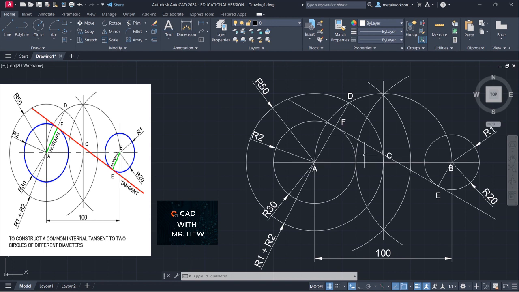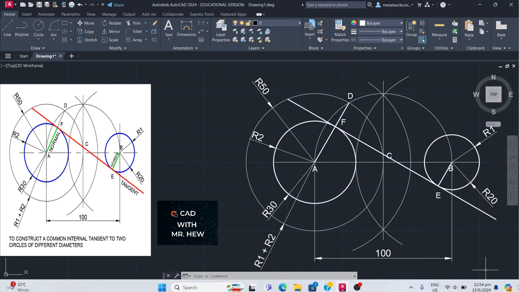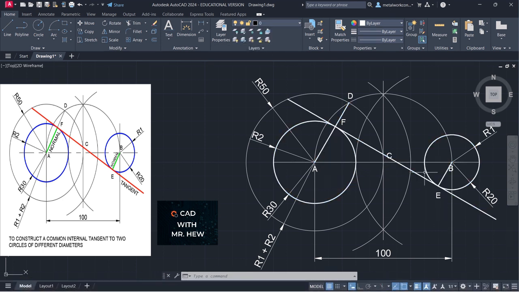Oh, I need to put them on the layer first, sorry. So I'm going to click the original circle, the tangent I just selected, and the two normals, okay? All right, so I'm going to come up here now, and I'm going to put it on the outline layer. There it is. The line weight is thicker. All right. So what I'm going to do, I'm going to move C,